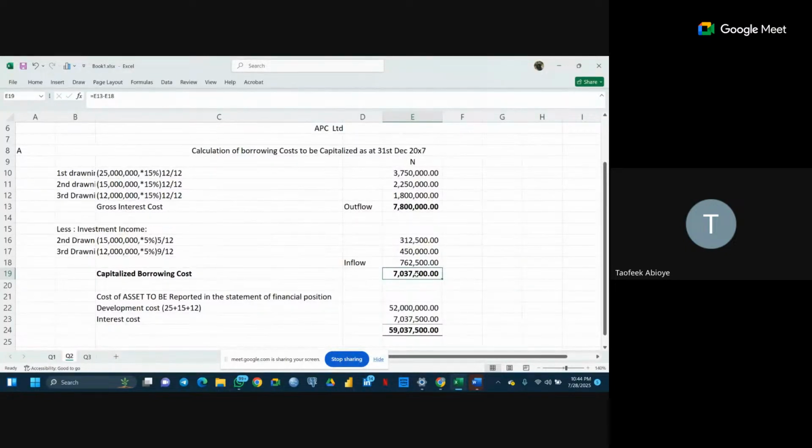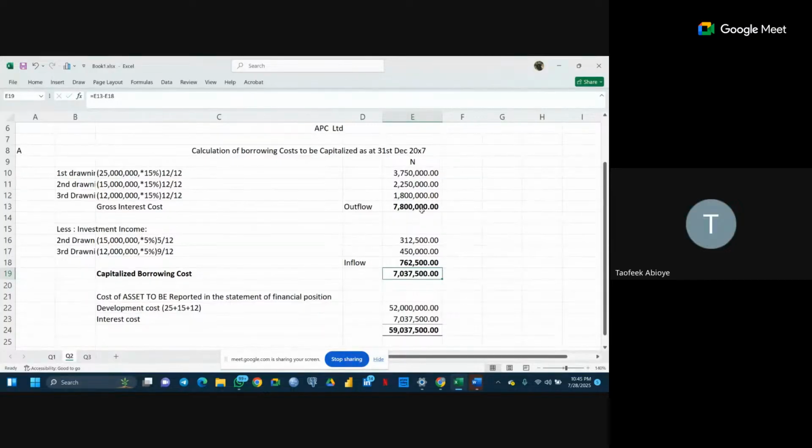Now, for me that I take the risk and borrow someone else, the income that the company received from that person they borrowed is 762,500, which means that this 7.8 million I'm going to pay you, you know I'm paying you this interest, 7.8 million. Yes, sir. I've now received 762,000 from someone else that makes use of the money that I borrowed them. This 762,000 is an investment income to me in my own book. The total interest I'm paying is not 7.8 million, it's 7,037,000 because I have an income of 762,000. But the amount I'm going to pay you is your own 7.8 million.